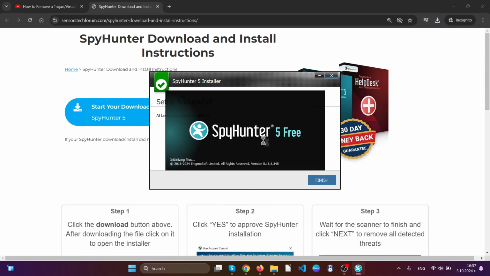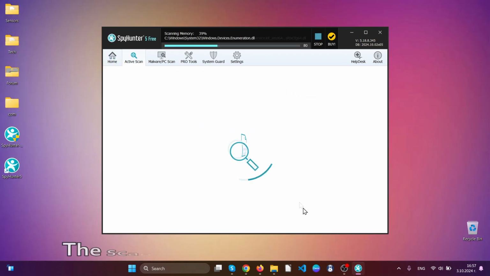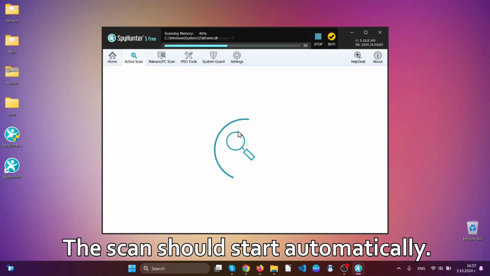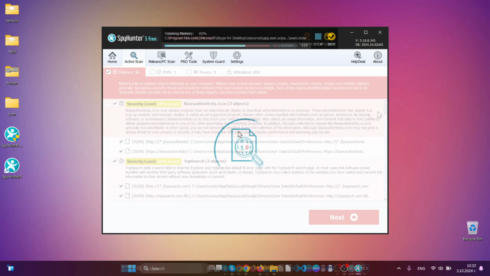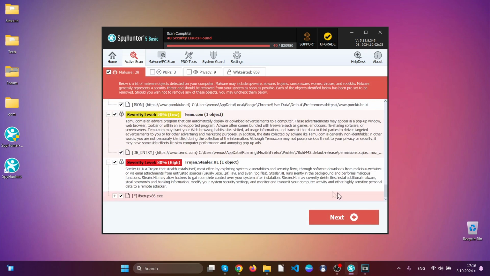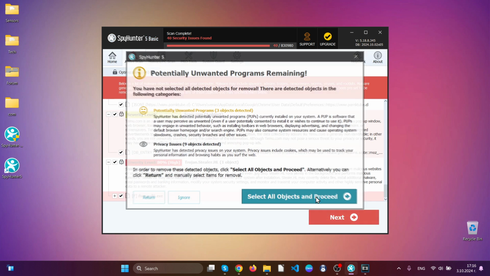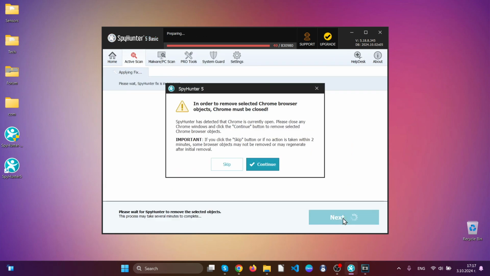After the installation has finished, this software should begin scanning your device automatically. After this scan has begun, it will look in your Windows to detect all of the malicious files and objects. As you can see here, it has detected a lot of different malware and even a Trojan horse. Simply to remove the threats, hit the next button and then select all of the objects, after which this software will